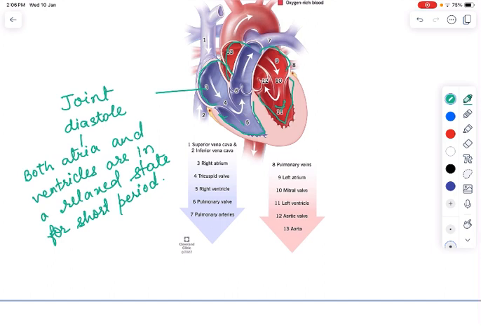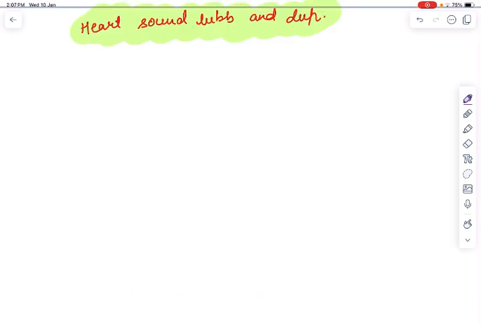Now we'll see what the heart sound is, that is lub and dub. When you place a stethoscope on the chest, you will hear a sound, lub dub. The first sound is lub, and it is produced by the atrioventricular valves, that is tricuspid and bicuspid. Lub sound is produced